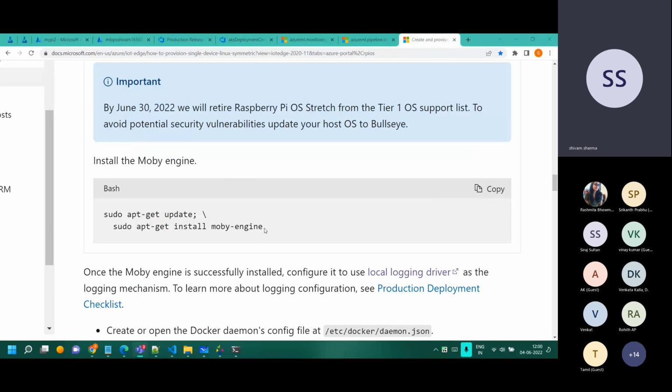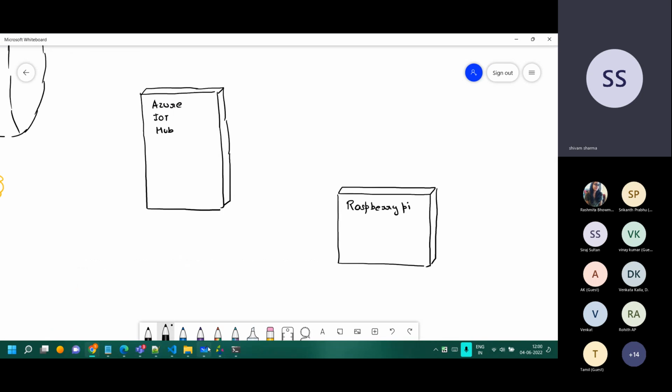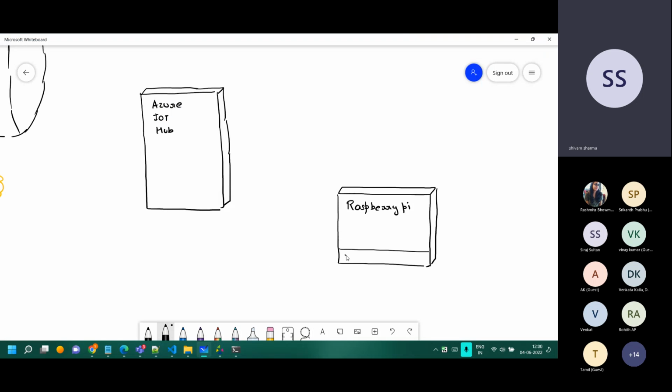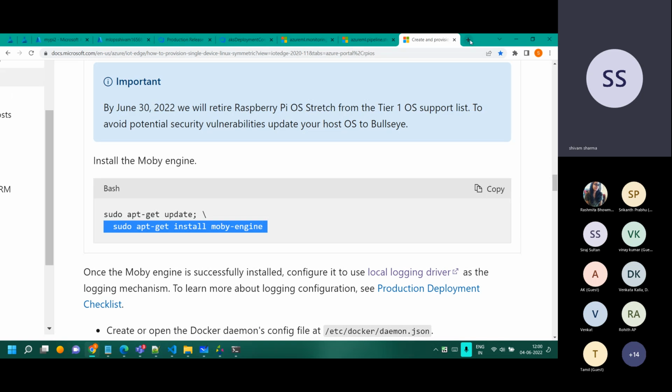In the Raspberry Pi, see, what we want to do is the image will be deployed there. So the first thing is you need to have the Docker environment over there. That Docker engine is a very lightweight engine called Moby. So this Moby engine is going to be installed here. Now, if you're thinking of something very fancy, you want to do some sort of AI in the edge itself, your edge device should be very powerful in that sense.